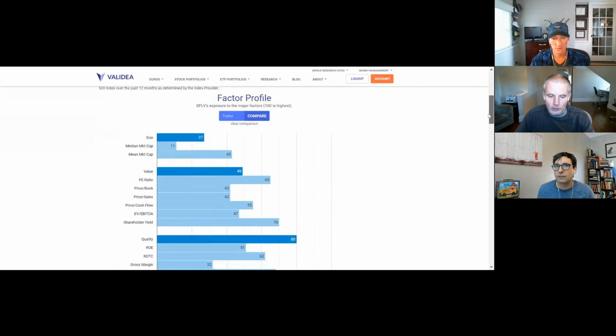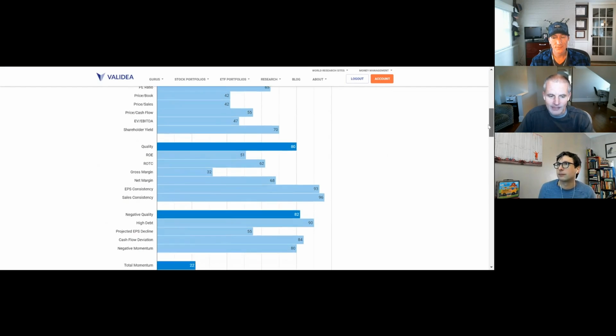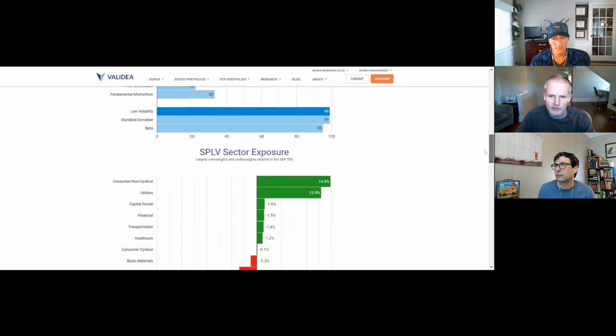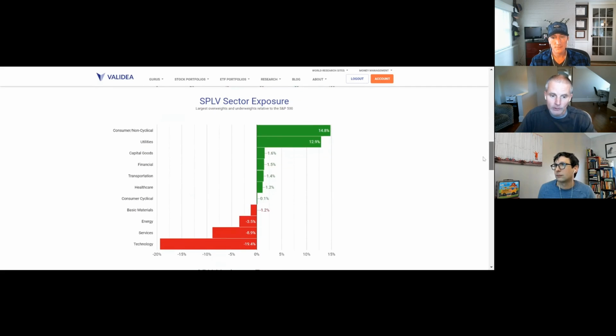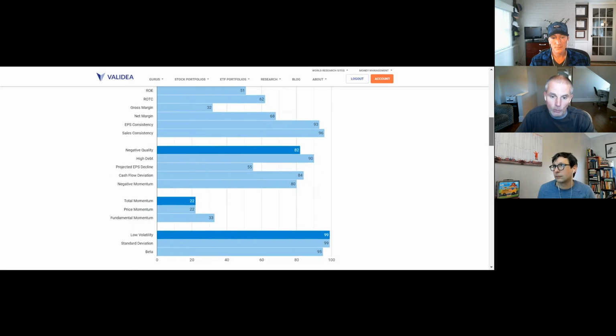Okay, moving down to the factors, we'll see kind of a similar picture to what we saw with the other one. In this case, instead of I think 97, it's 99 on low volatility. But again, you're seeing high exposure to quality because you typically will always see that with these low volatility ETFs, and you're kind of seeing similar things on the value and momentum side as well. These stocks haven't done as well recently, so the momentum is a little bit lower. We've been having a big market run, like we talked about before. When you're having a big market run, sometimes these things are trailing, so they don't have as high momentum.